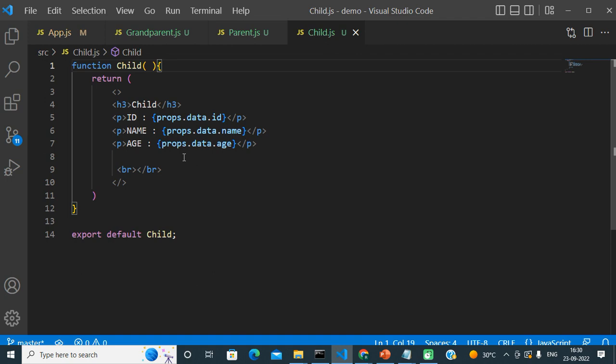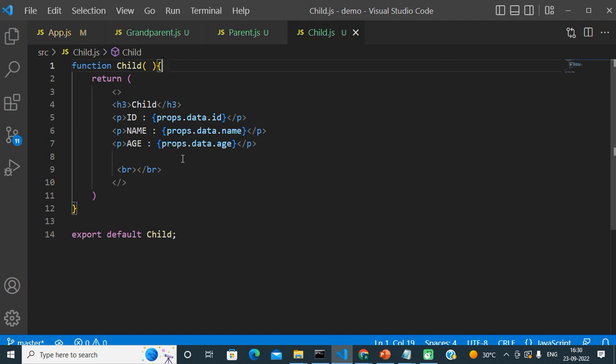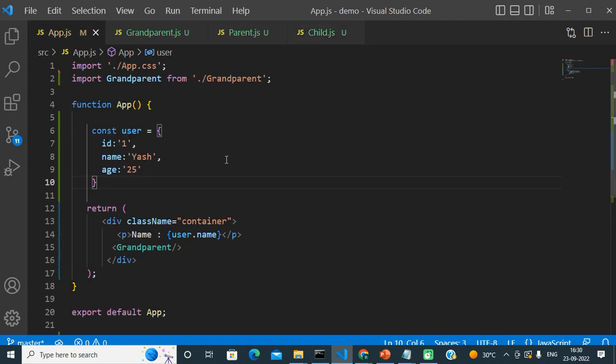Our requirement is like that: we have a user object in the App component, and we want the same object's data, that is its properties, to be displayed in the child component. You can see I have just removed all the props and manual data passing code.